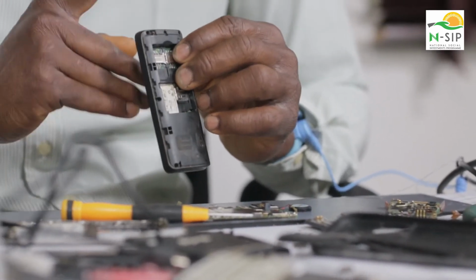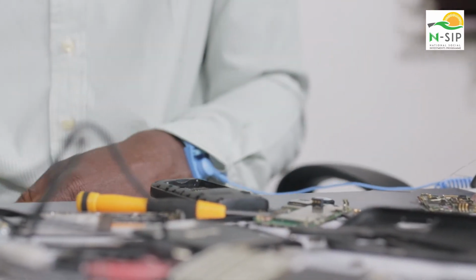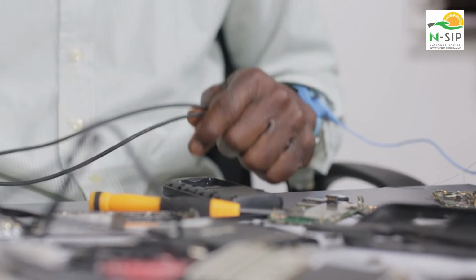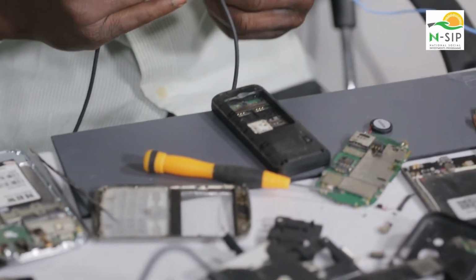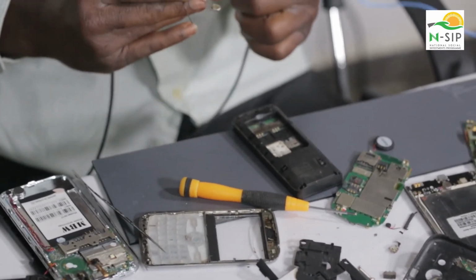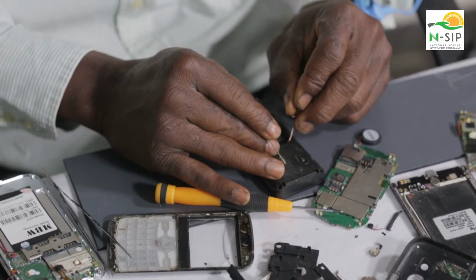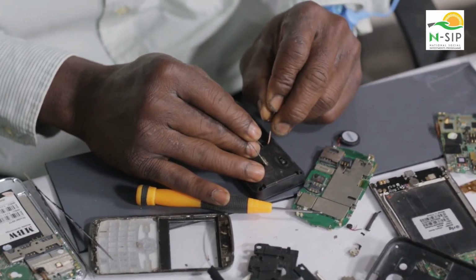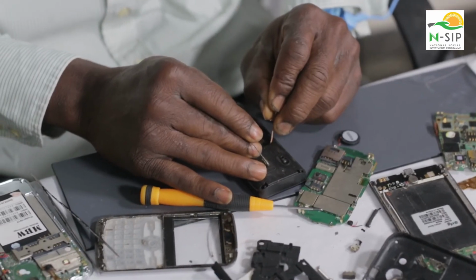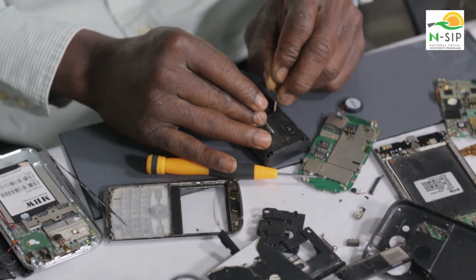But before you know that this problem is coming from here and it's not coming from a high voltage, what you have to do is to take a reading of the battery connector with continuity as well. If your phone is working well, your battery connector must not read into each other. If I put my multimeter now, it must not read into each other. Once you are taking your reading and you find out that this positive is leading into negative, it means that